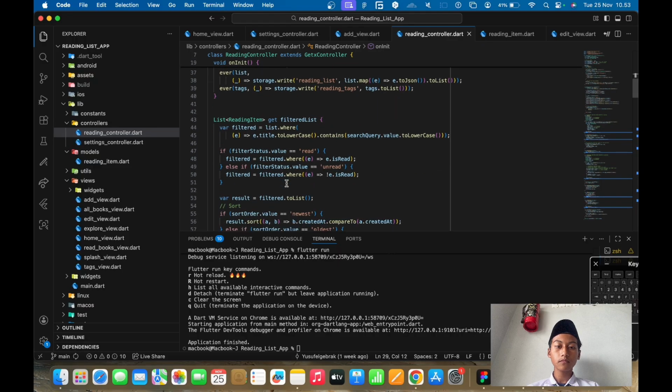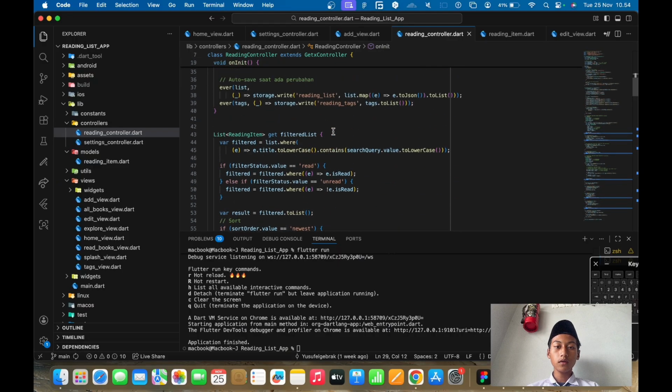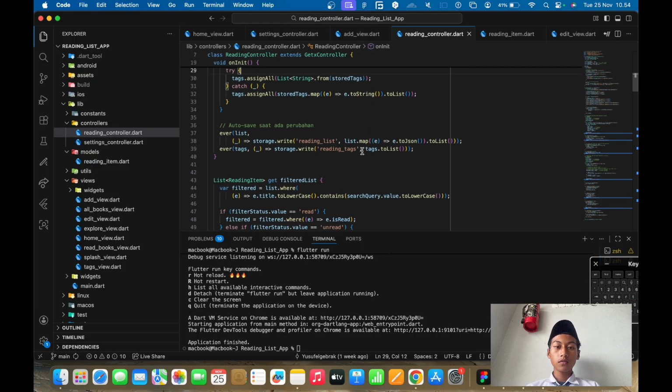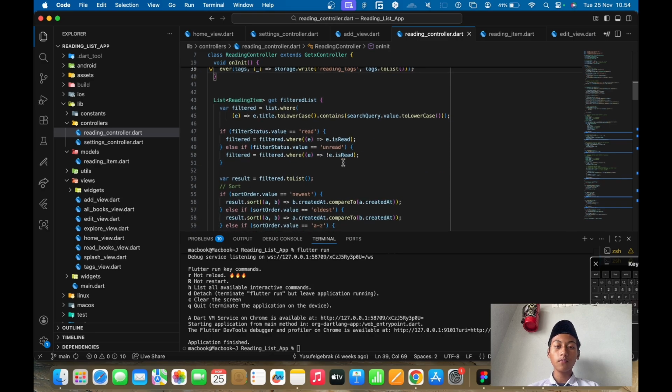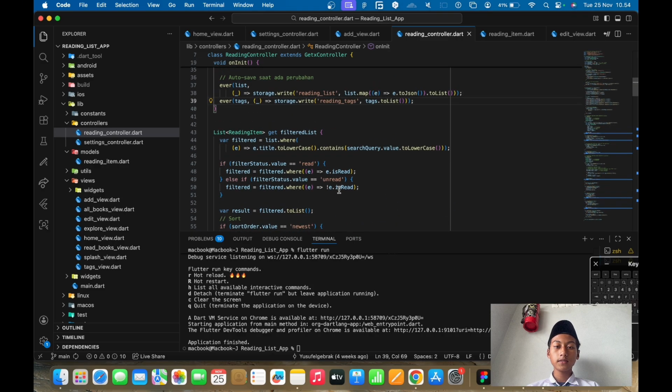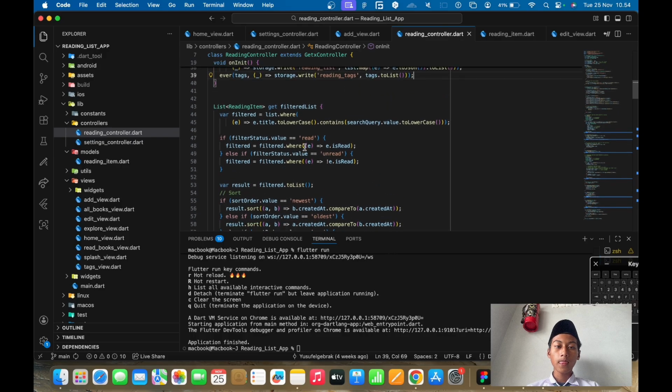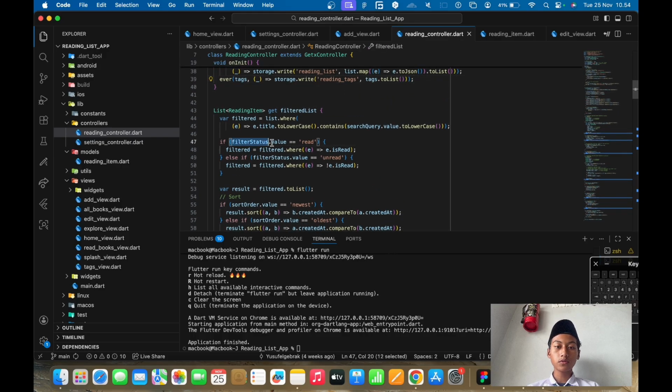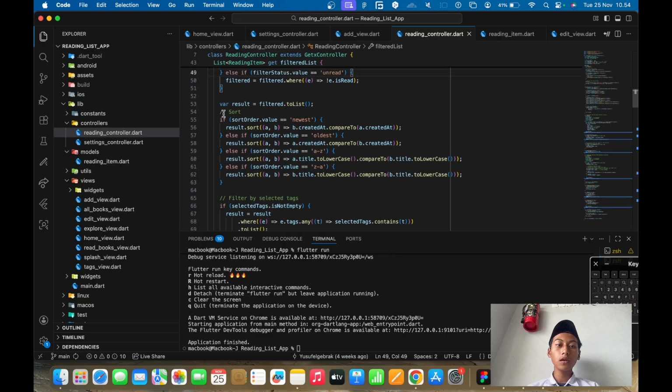application. After that, you can add your reading text, so you want to tag it for favorite or for horror movie or romance and others, and then the status also, whether it's read or unread, and then it is a sort of filter.